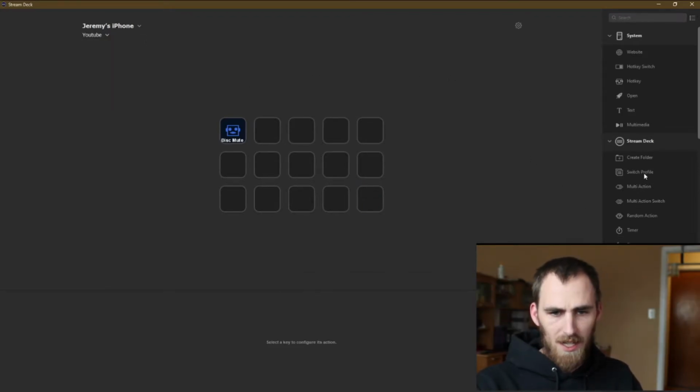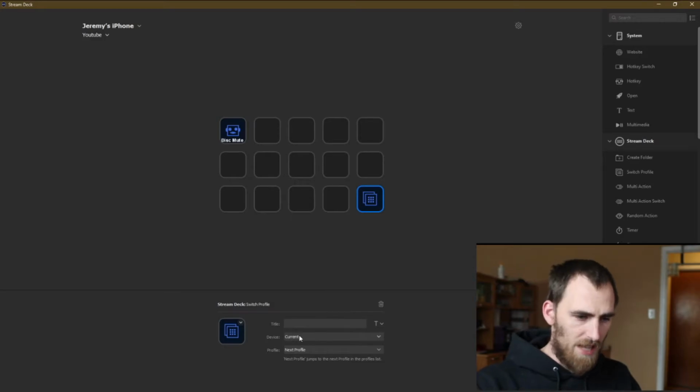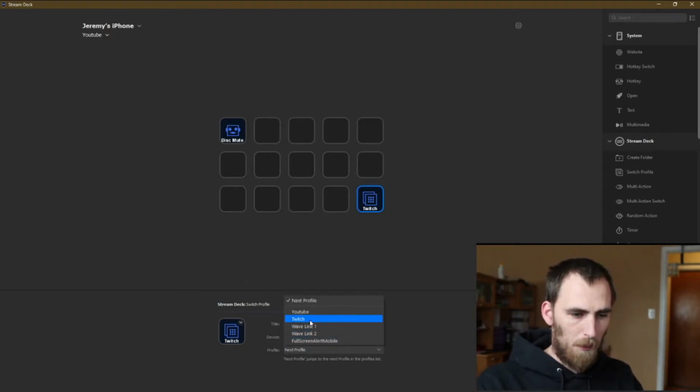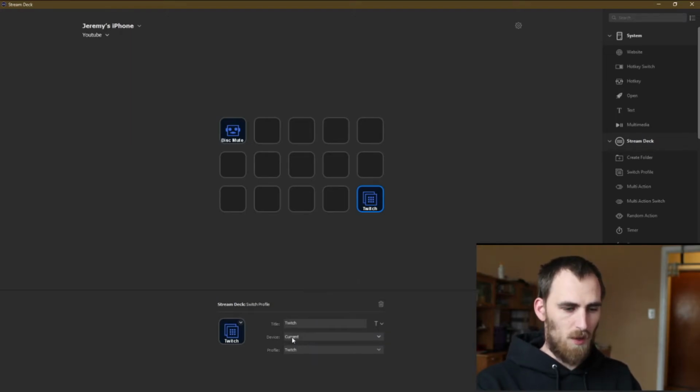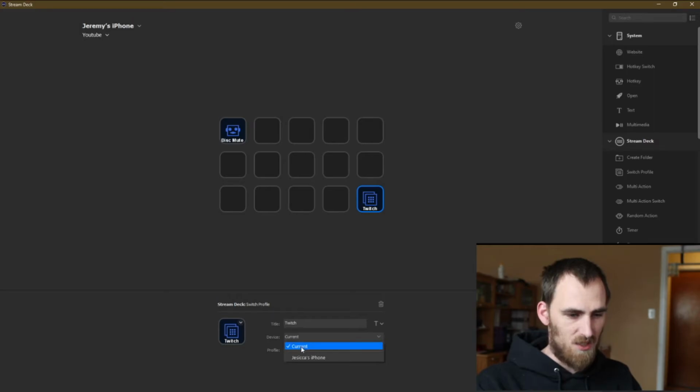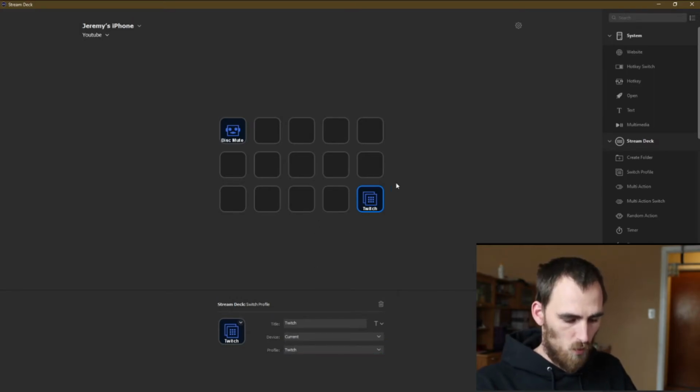So what we're going to do is go ahead, click and drag that switch profile over. I'm going to put it down here in the bottom right. And then we're going to select or type the title. I'm going to put Twitch. I'm going to click to what profile I want to set it to. It's going to be the Twitch profile, and whatever device I am setting it to is going to be the current device. At this point, what will happen is once I press that button, it's going to switch me over